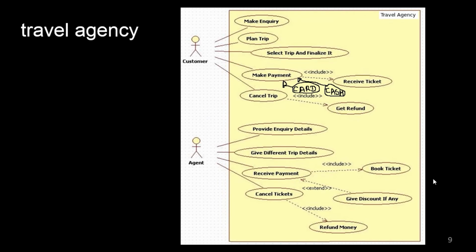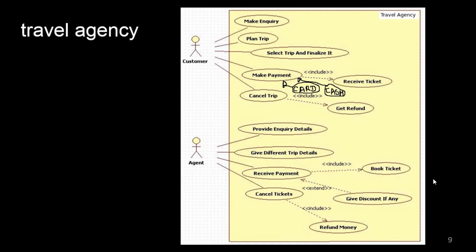Okay, so keeping all those things in mind, like identifying actors and use cases, we have to determine the system boundary. This is our system boundary in which we have this many use cases. These are the actors, and we have a well-defined purpose or goal for each of these individual actors, and the use cases which we have identified have some meaningful work to be done for those particular actors of our system.